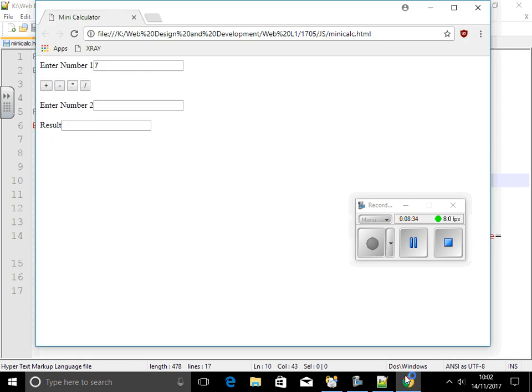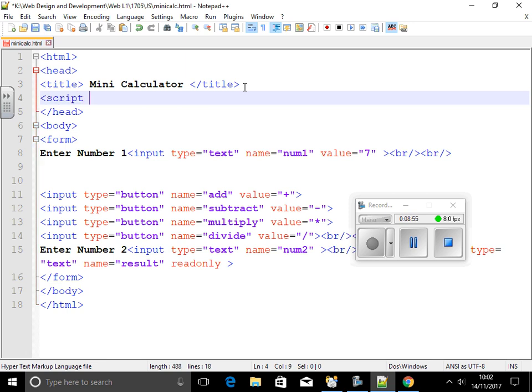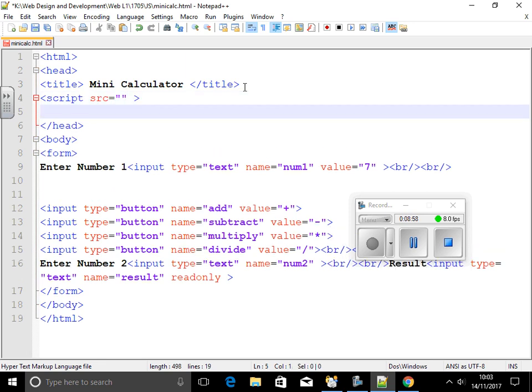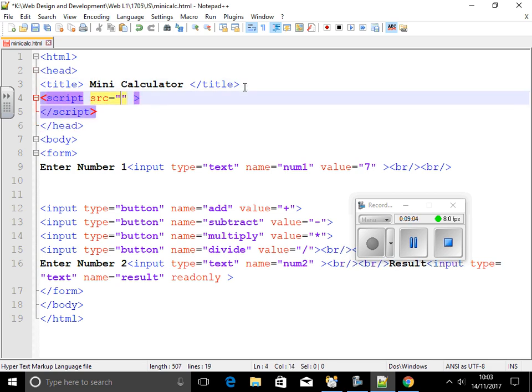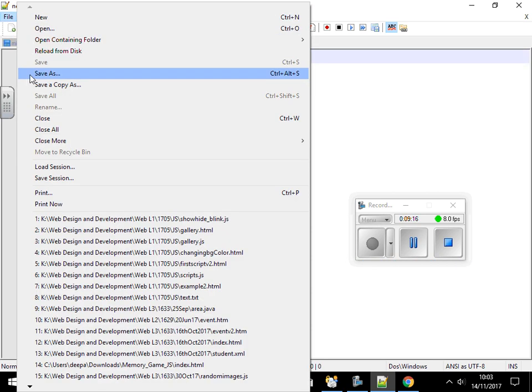Yeah, it's okay. So now when you click on plus, you want that this number is picked up and this number is picked up and added, and the result is given to me in the result box, right? So what we're going to do is we're going to link, we're going to do that in a script, calc.js. Is that okay? So script tag calc.js, and I'm going to create another file and save as